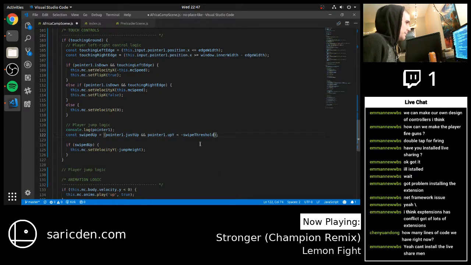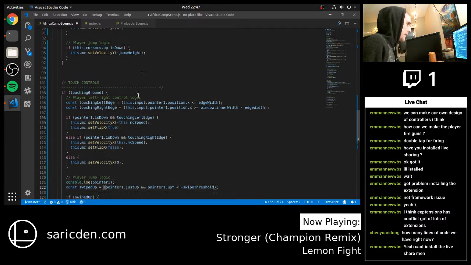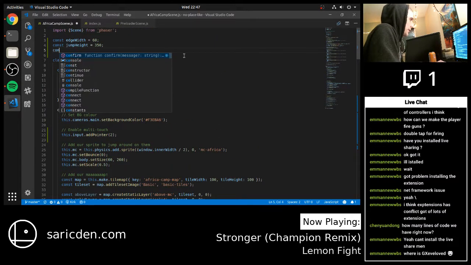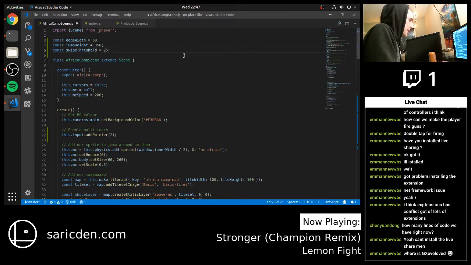Anyways, we'll define the threshold up here. So we'll say const swipe threshold is like, say, 25, so that it has to be at least a distance of 25 pixels, which isn't very much, so it's still pretty easy to trigger, but hopefully it's enough that,